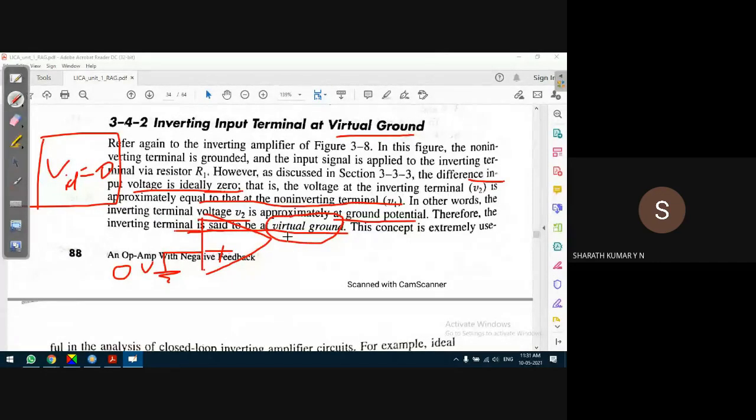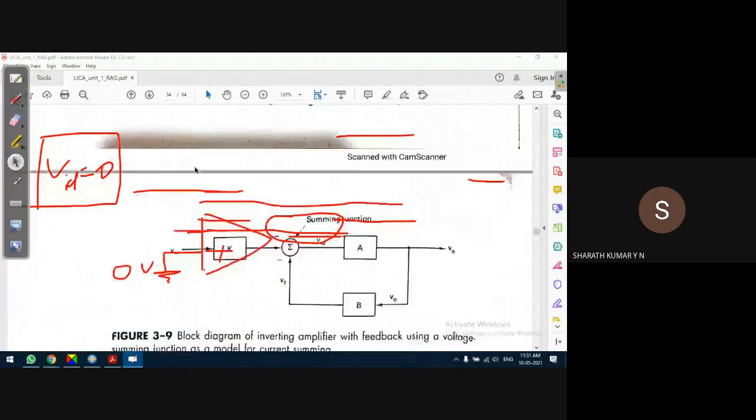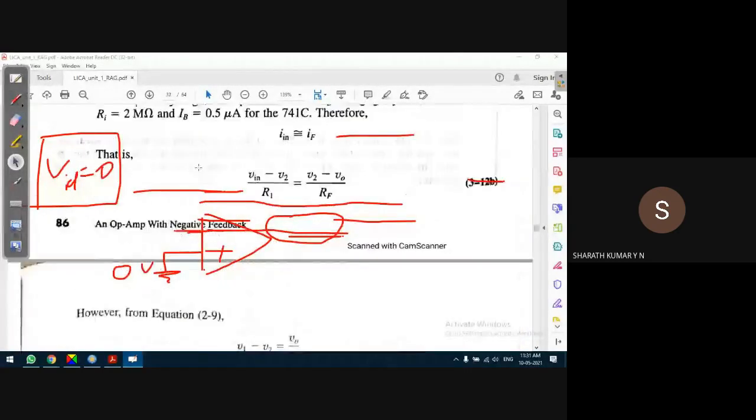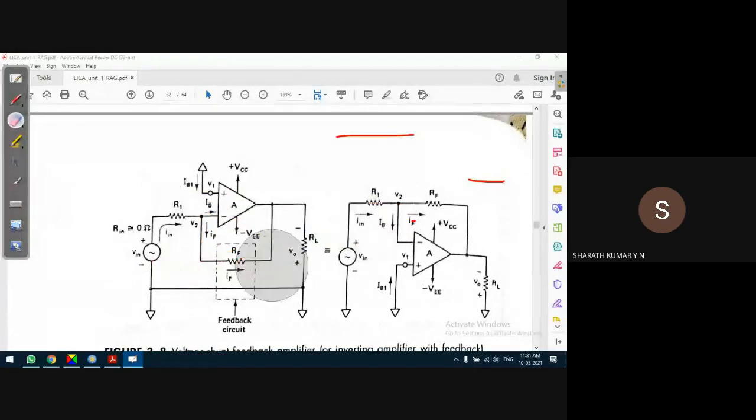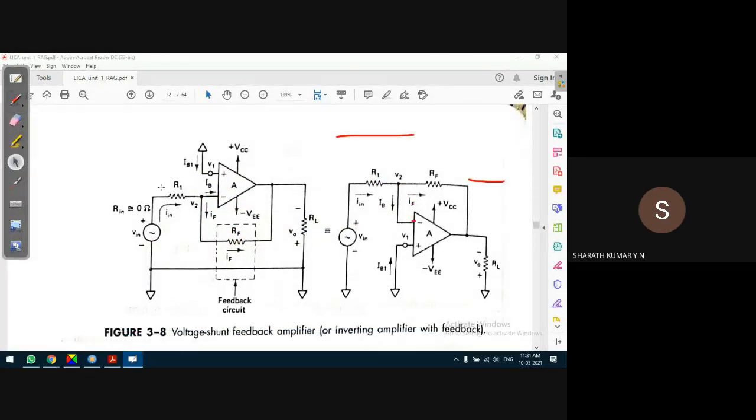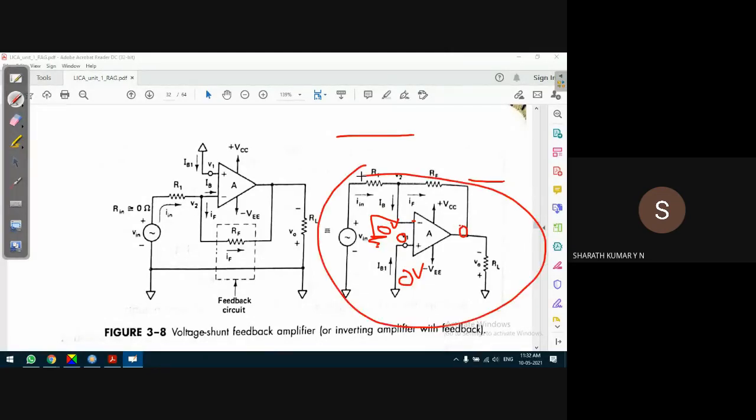Yes, this virtual ground concept is very important, because as we discussed in this diagram, I'll go back to this diagram because the author has discussed with respect to it. If both the terminals are 0, let us say this is also virtual ground, that means 0 volts, and this is anyway at 0 volts. Differential voltage is 0. Output voltage is 0. Then what is the use of op-amp? Okay, it is not so.